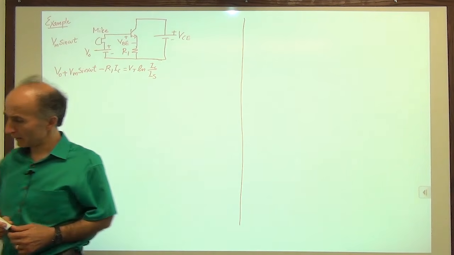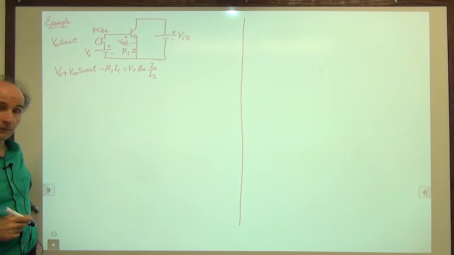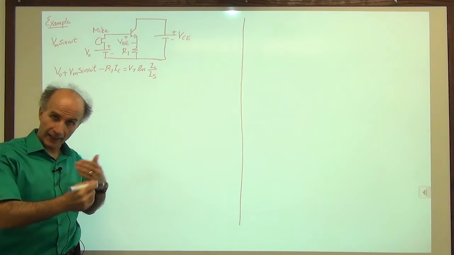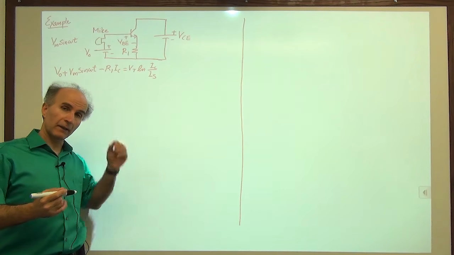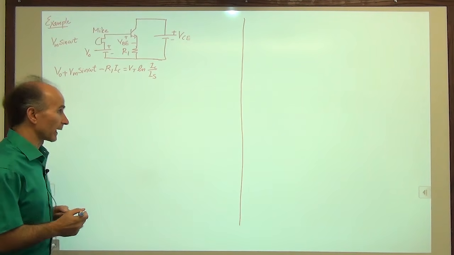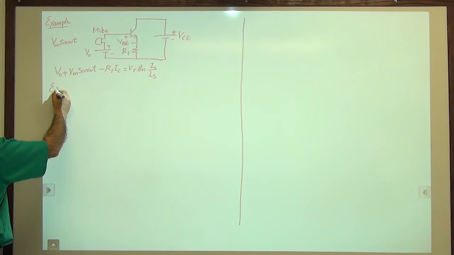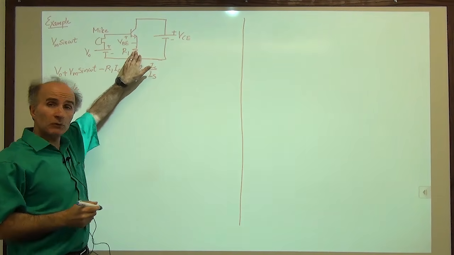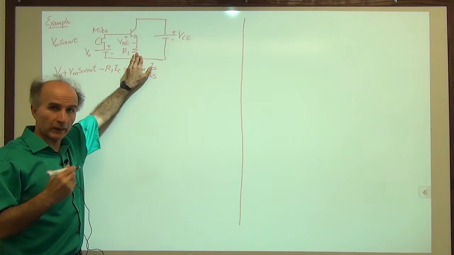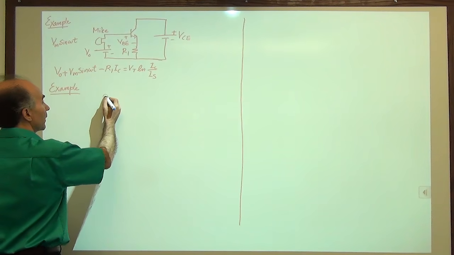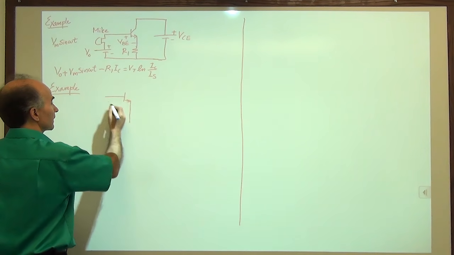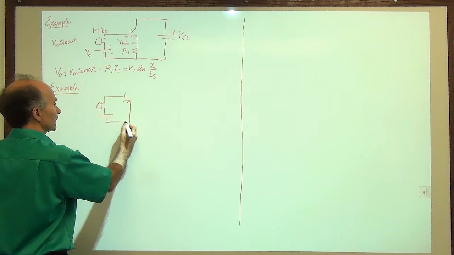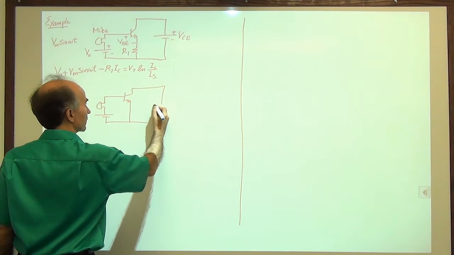All right, so that's somewhat disappointing. If this is so difficult, why don't we go to a simpler case first and see if we can handle that, and then try to attack these more complex cases. So let's do that. Here's another example. And I will remove this resistor, replace it with a wire, with a short circuit. So we go back to our simpler circuits, the things that we have seen in the past. So here's our microphone, here's a battery, and here's another battery,